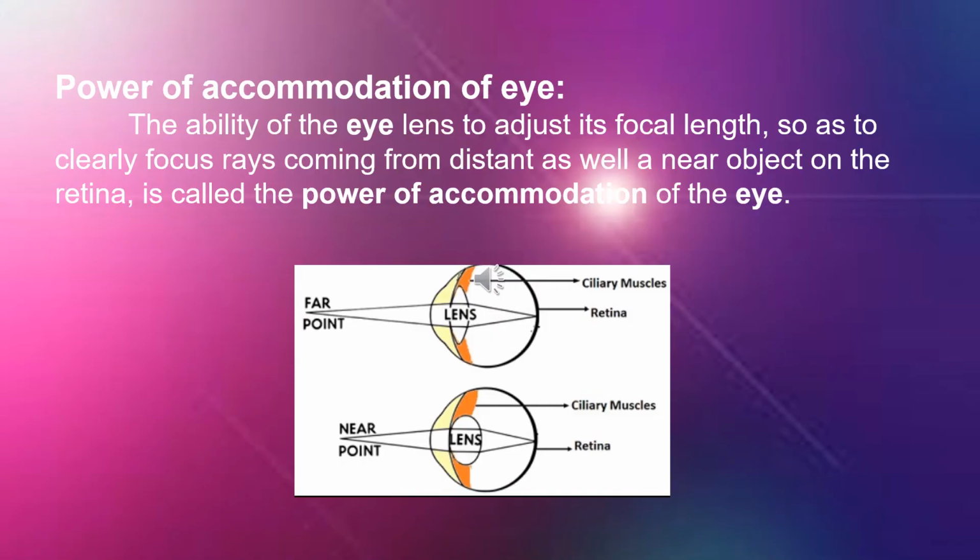Power of accommodation of the eye. It is the ability of the eye lens to adjust its focal length, adjust its size, so that we are able to see the near object and also the far away object. This can be done with the help of the ciliary muscles that are attached to the lens. Like you would have observed, when you see the laptop, you are able to see it quickly. Yes, as soon as you take a turn and look at the door, or if you are sitting outside and see the sky, you are able to see the sky properly also.